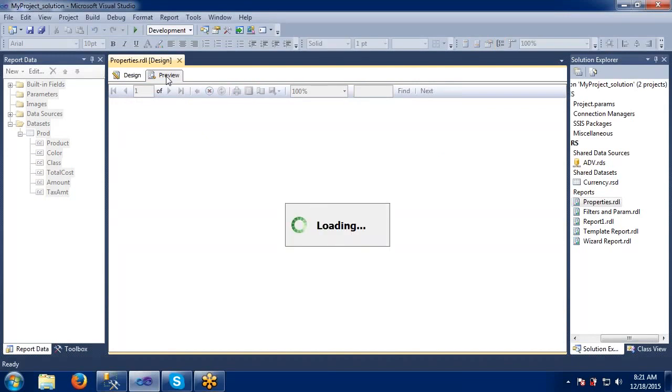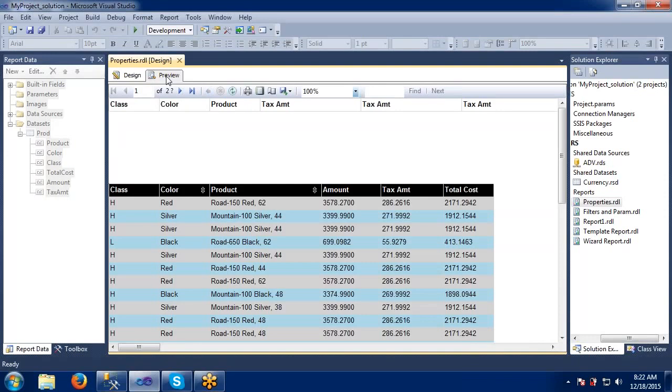Coming to the group properties, these hiding options will be somewhat different when we compare to the table report. Why? Because when we say hide, automatically it will hide all the groups here, because it's all under the one group.